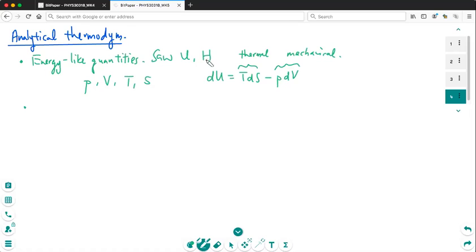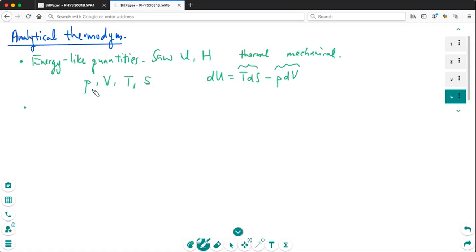You have already seen the parallel between U and H. Because U, internal energy, is very easy to understand. If you have a process which does not change the volume, isochoric, and you present this to your friend in the chemistry department, they will say, nah, this is difficult to do. I don't want to preserve my volume. I want to just open my beaker to the atmosphere. Then what I have essentially is a constant pressure. That's isobaric, and you have the parallel here in enthalpy. So keep this in mind. We are going to have different constraints, and you will use different